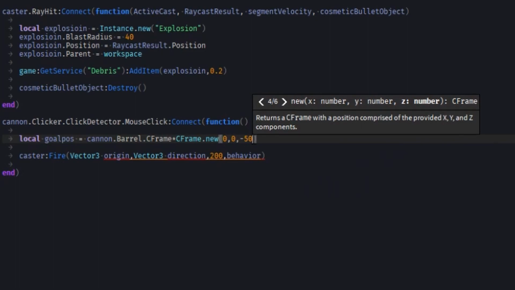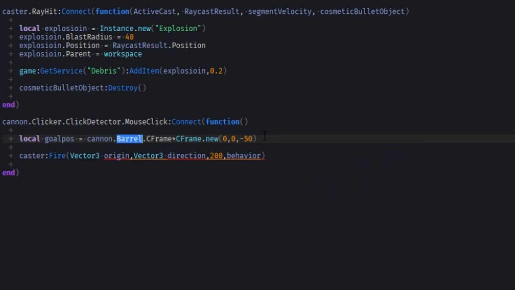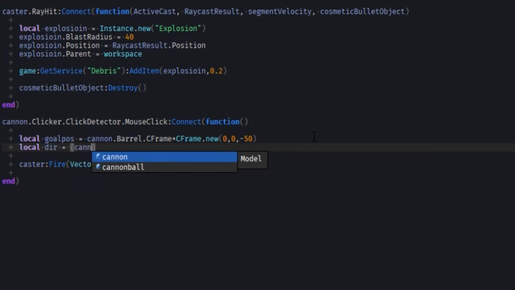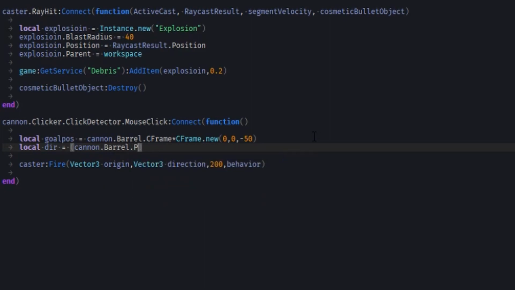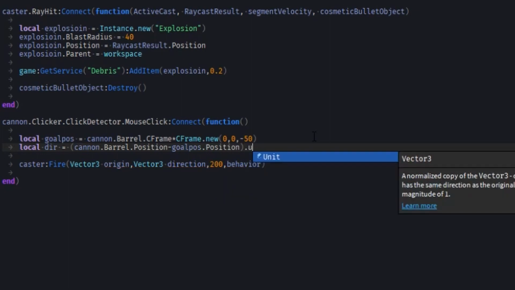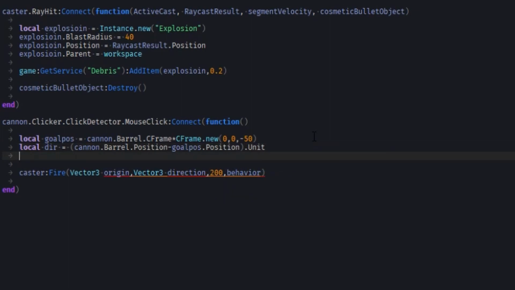So we'll go 50 studs in front of our barrel's front face for our goal pause, and then our direction will just be cannon.barrel.position. Actually, I might get this backwards first try, so we'll see if we get this. And goal pause.position.unit, and then that's all we need there. It's just the direction out of that.